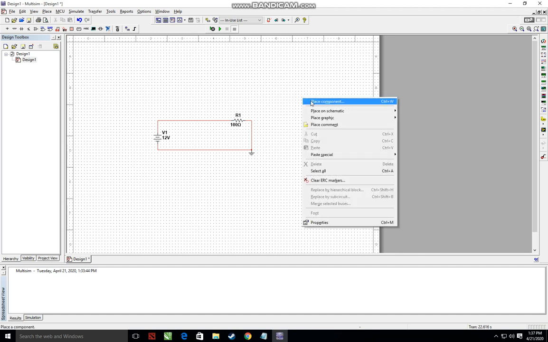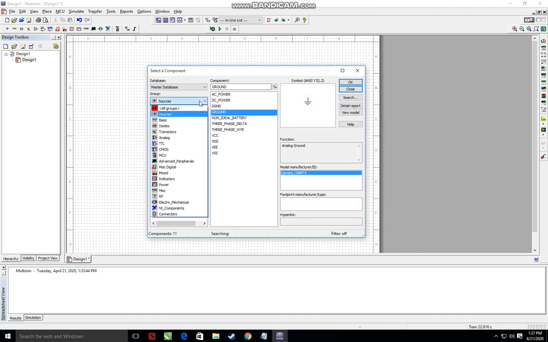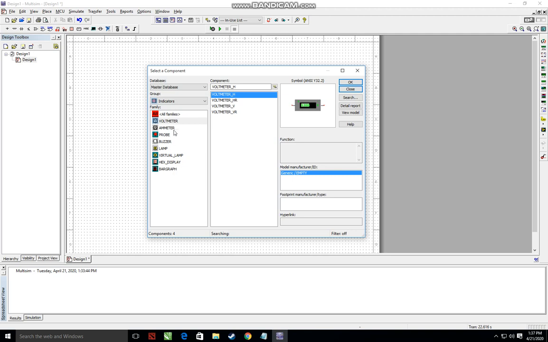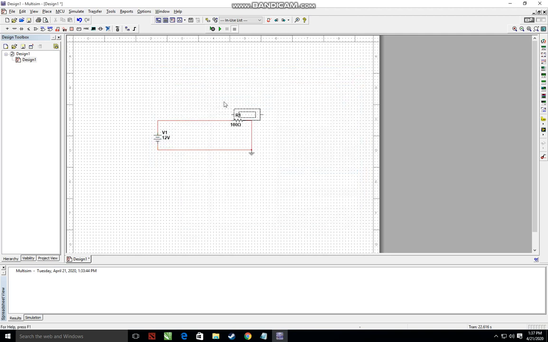So again we need an indicator like a voltmeter. For indicators, you can use a buzzer, probe, etc. I'm using this, and I want to see the voltage drop across this resistor, so I connected this across this resistor. I hope all the voltage of the power supply will drop across this resistor, because there is no other resistor in the circuit. So all the voltage will drop across this resistor.